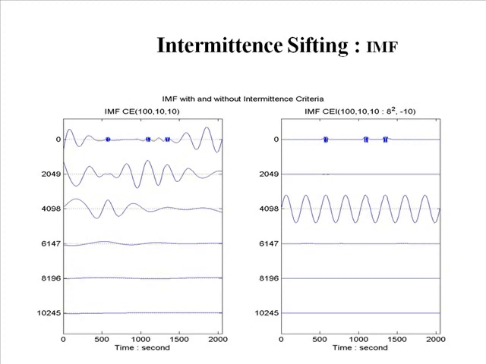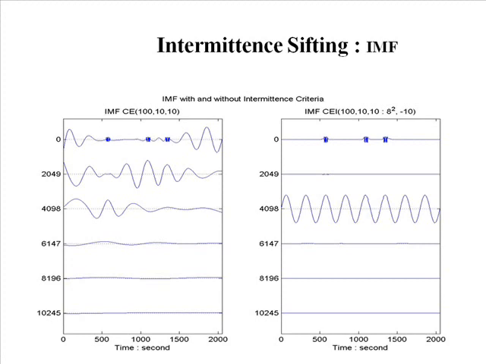I instruct the algorithm will not recognize that point as extrema. Okay, so I only recognize the extrema if the extrema to the next extrema is less than the criteria that I put in. So as a result, I get all this small wave out and get the large wave out. Now, let's then test my original concept.